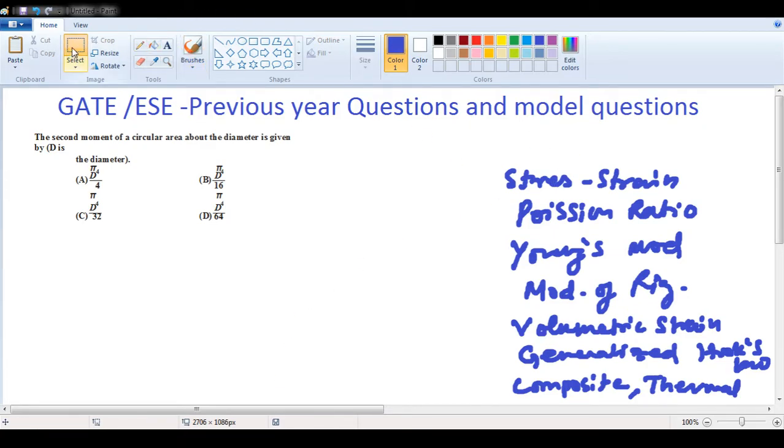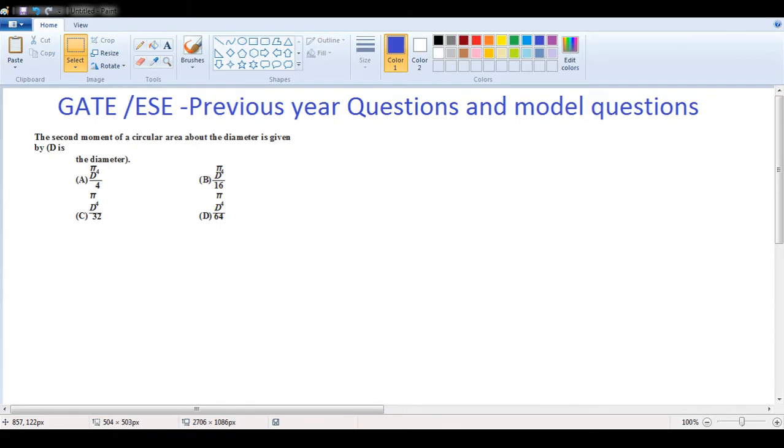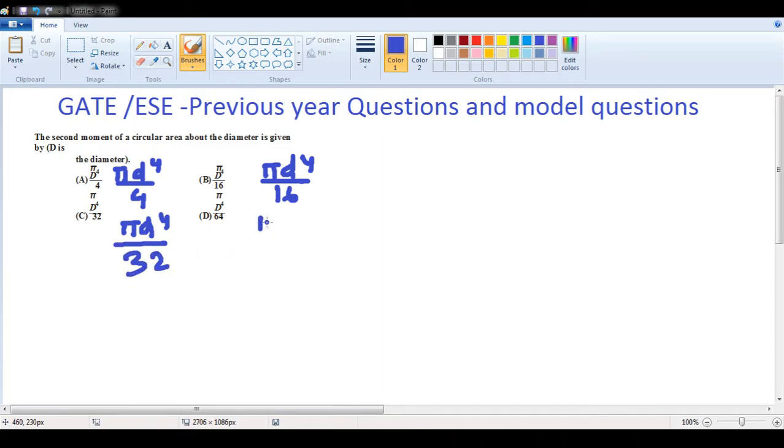Here if you see, there's a question, and this is a question of previous year. The question has been asked: the second moment of a circle about the diameter is given by, D is the diameter, and the options are basically pi d4 by 4, pi d4 by 16, pi d4 by 32, and pi d4 by 64. What the question is asking is the second moment of